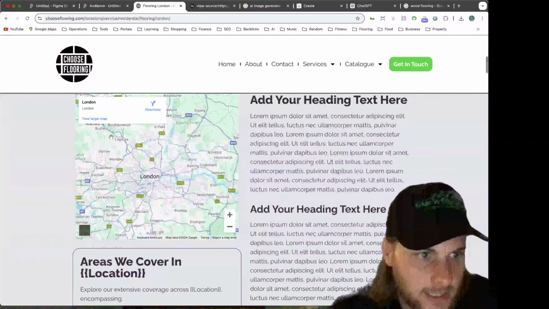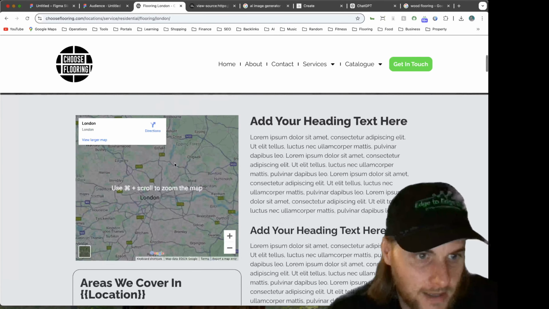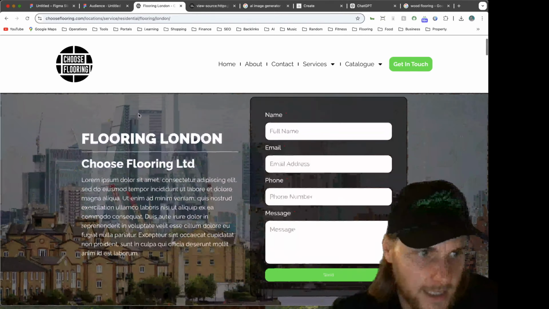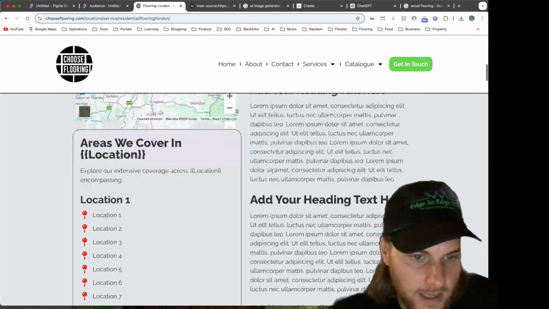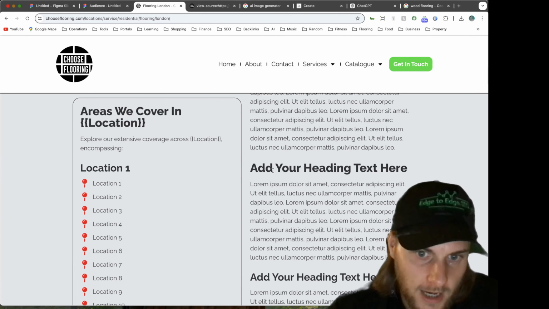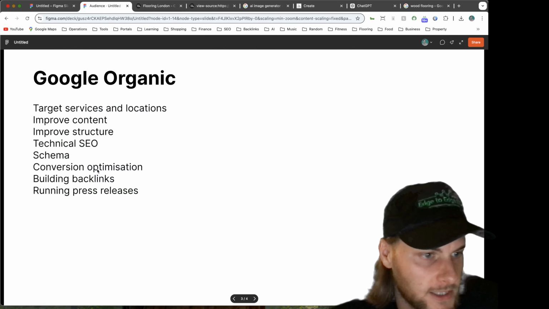Even maps are going to help with conversion optimization, because again, if you're in London, then you're going to want a map of London. It's just that thing of people seeing London, and then there's a London landmark, and then there's a map with London on it. It's all of that stuff adding up and just making sure that you're the right company before they go ahead and make their decisions.